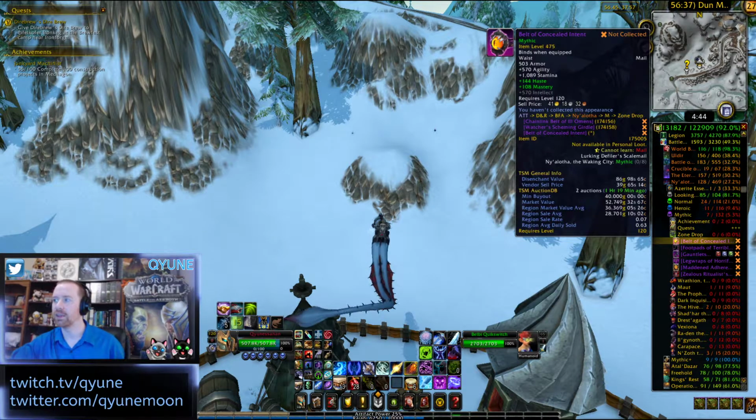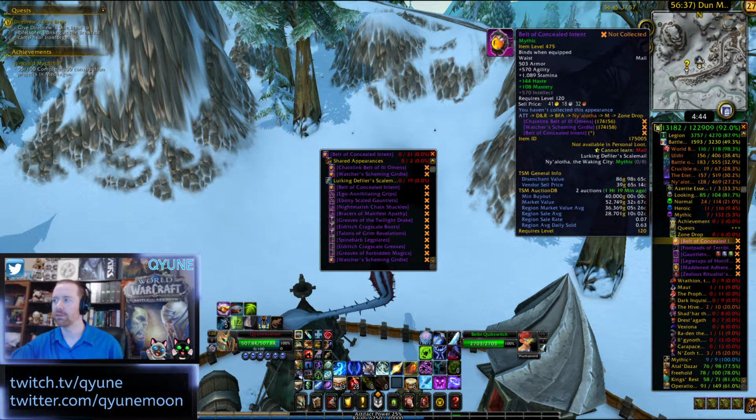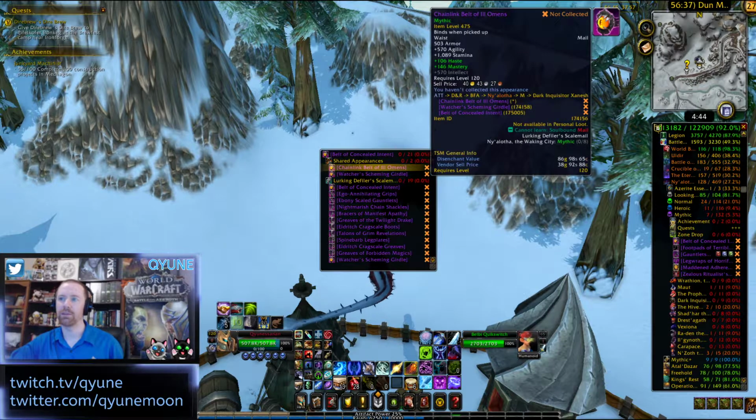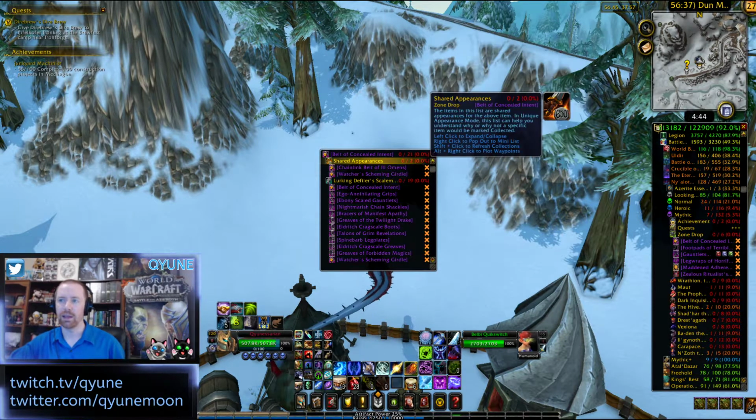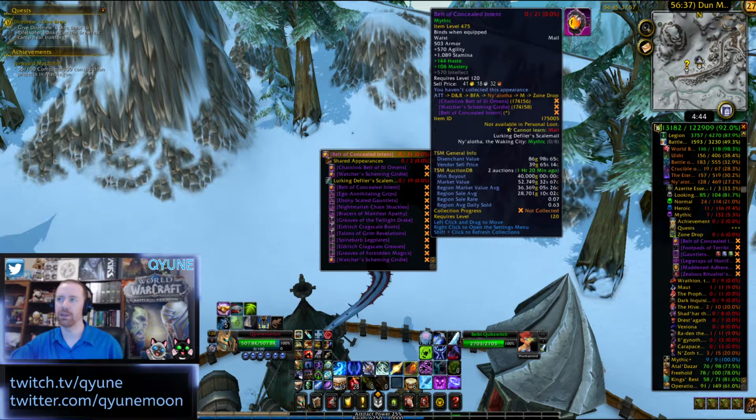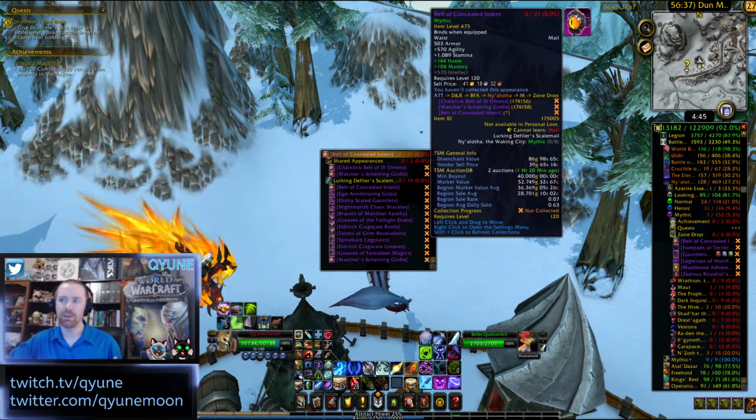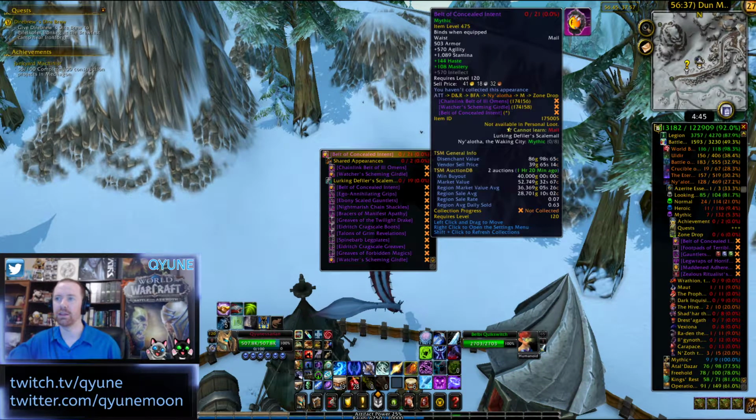So let's say you right click on the belt, it pulls up everything this way. And what this does is show that if we look at the tooltip about midway through the text, there's 3 epic items. It's the, what do you call it, the belt of concealed intent, which is at the bottom, and then 2 other belts as well. So the reason that's important is that once we've right clicked on this, this pops up another